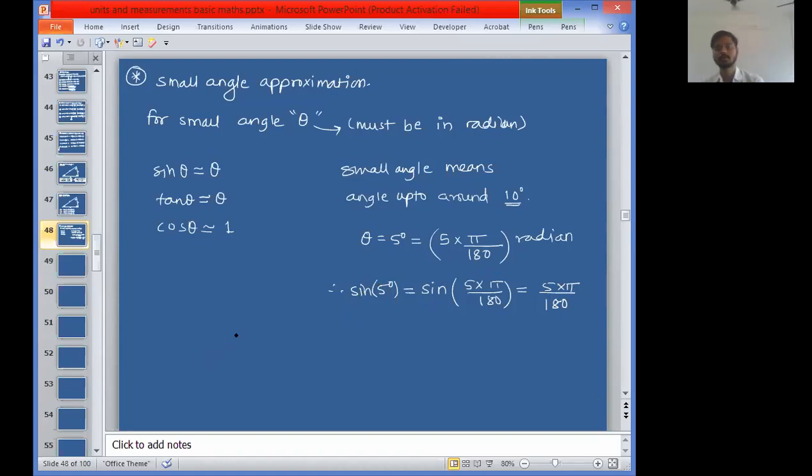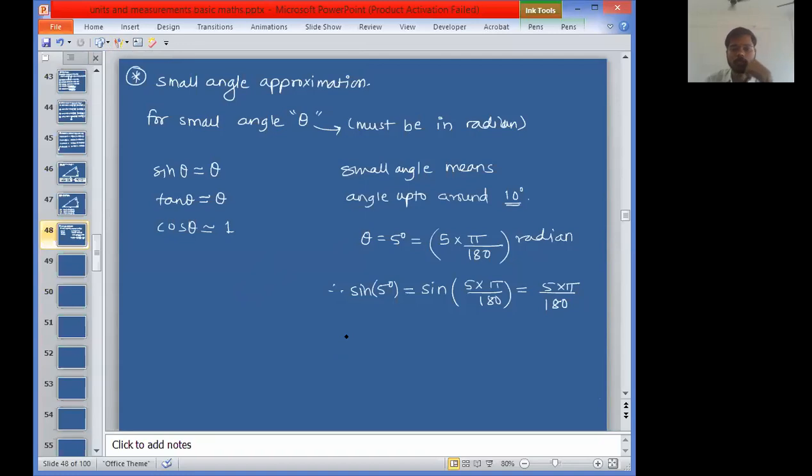Small angle approximation, small c. Reply to me in the chat box. Write it down first, understand it, and then reply. Slowly you will get the grip. Everything now, you will start understanding new things also. Sometimes new things you have to accept because you are encountering them for the first time.